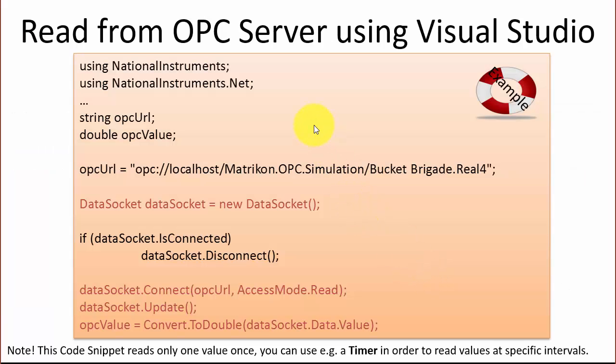Here we see a piece of the code we need to write in this example. First, we need to include the namespaces for the assemblies we are using, and then next we need to set up the tag we are going to use. In this case, we are going to use the Bucket Brigade Reel 4 tag, and then we just create a